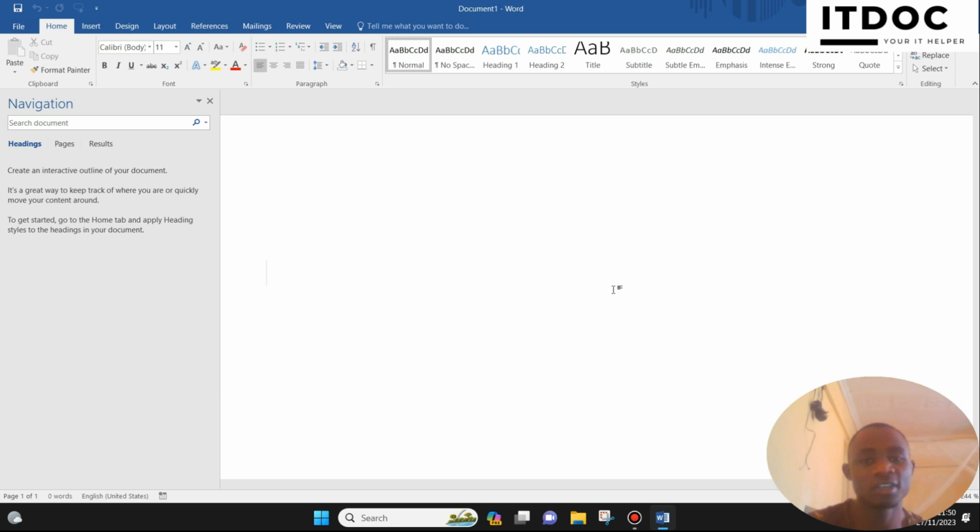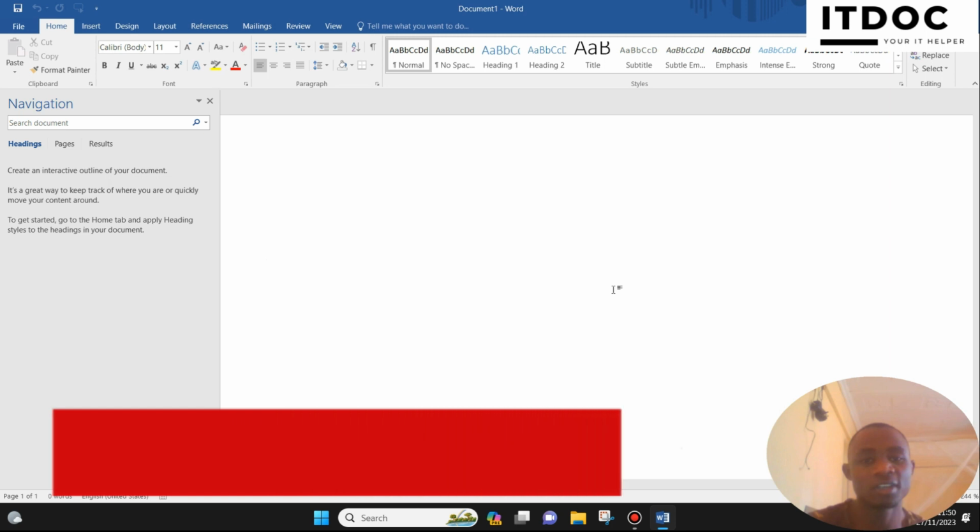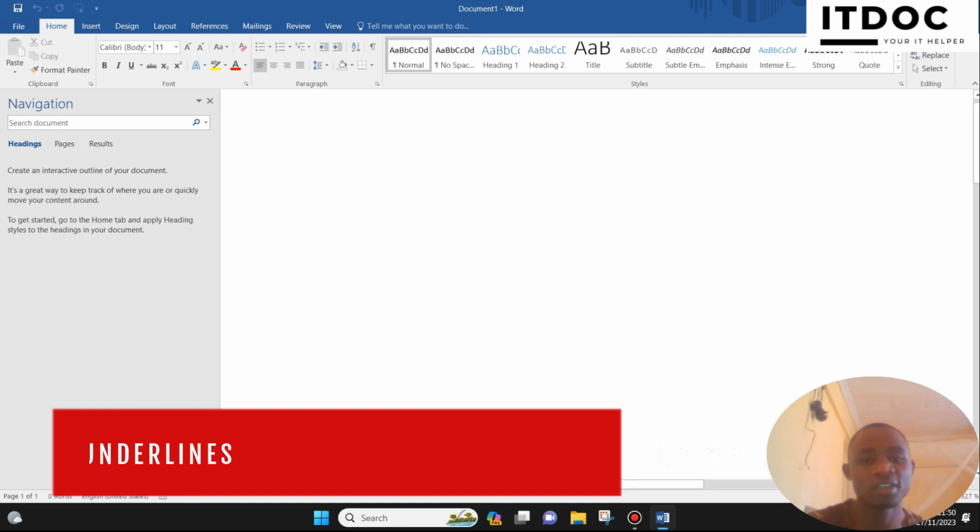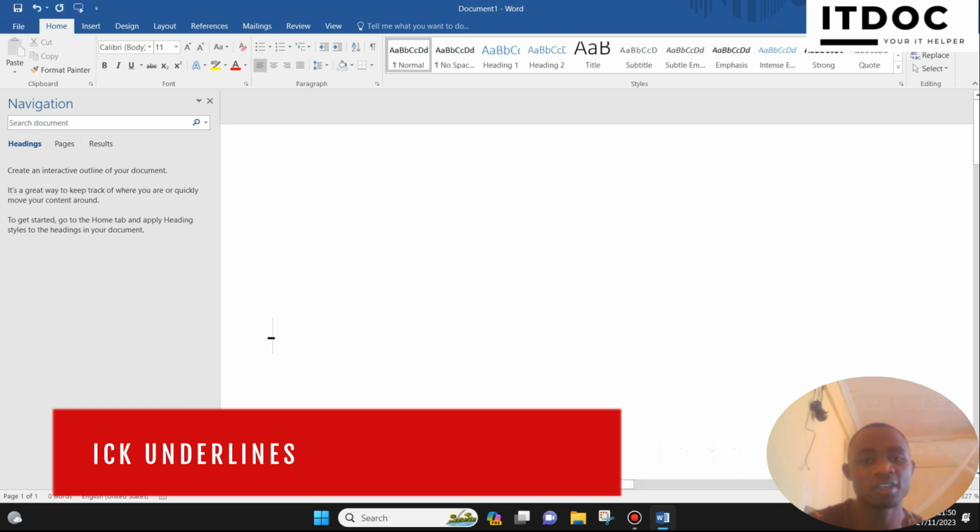So I'll start right away by showing you how you can implement quick underlines. Of course, there are so many types of underlines, but I'll show you the easiest way of doing a bold underline, double underline, single underline, and a dotted underline. So I'll start by a single underline. So to implement a single underline, you just have to go straight to your keyboard and press